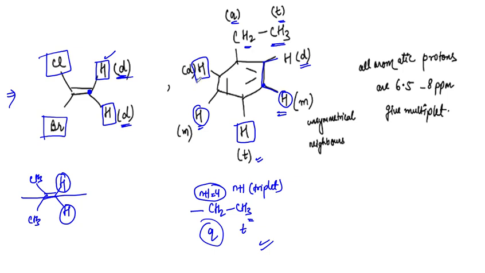Guys, why did I mention, see, this hydrogen is also having hydrogens on two of its sides. Why have I written multiplet? Why have I not written triplet over here? Okay, because these two hydrogens are having different environments. They are not the same hydrogens, so their splitting pattern is not going to be the same. We are going to discuss that in a while, how this is a multiplet and why this is a triplet. Okay, right.